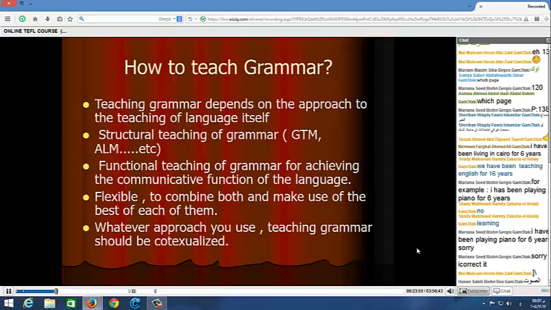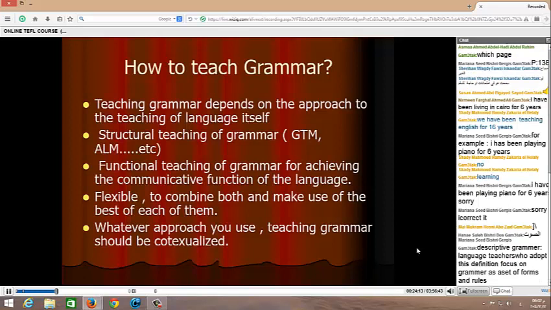When we talk about how best to teach grammar, there is no single best way, but there are different ways of teaching grammar, because it all depends on the objective of teaching language. If the purpose of teaching language is to help learners know about the language, about the way it functions, about the rules of the language, then we need to teach the kind of descriptive grammar we've been talking about.